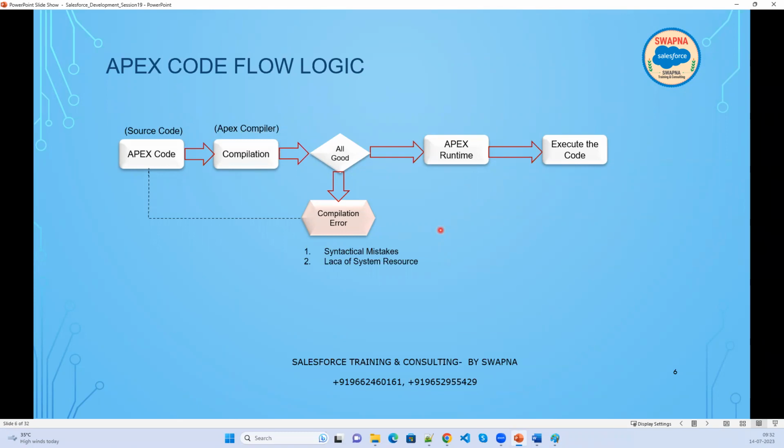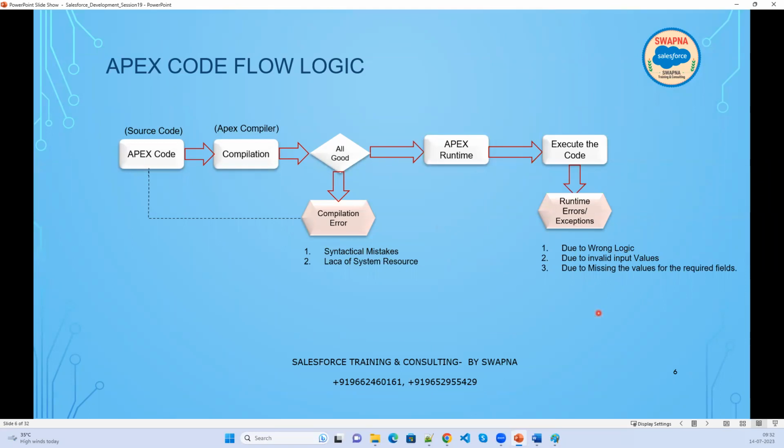There is a possibility that while executing the code, at runtime, an error or exception occurs because the logic that you have written is incorrect, or